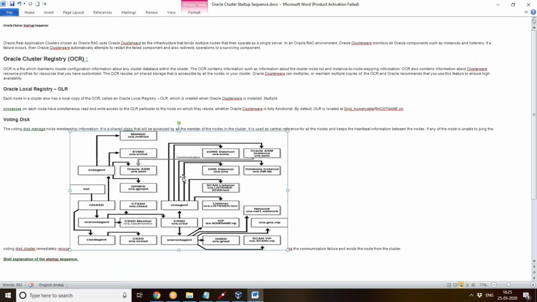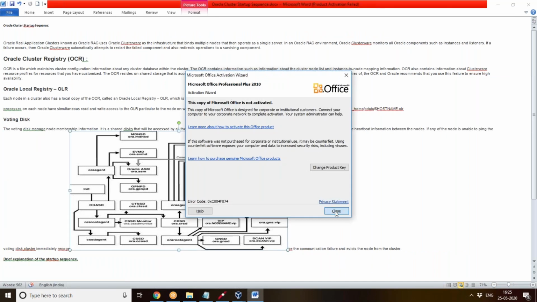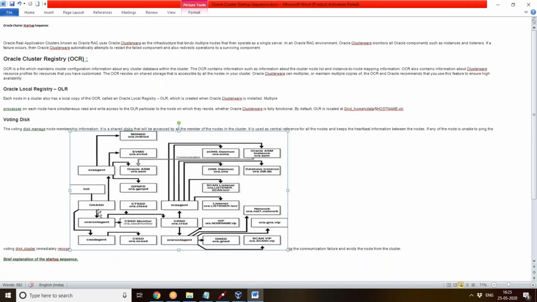So our init is there. Init is starting OHASD, and this OHASD is starting these two. That is your Oracle root agent, and then CTSSD, then Oracle agent, then CSSD monitor. So OHASD is starting Oracle agent, Oracle root agent, then CSSD, then CSSD monitor as well.